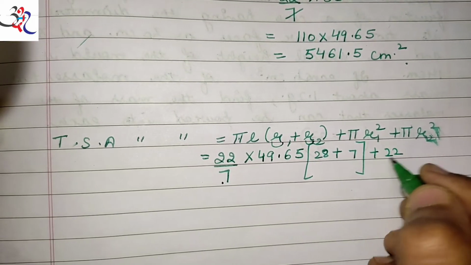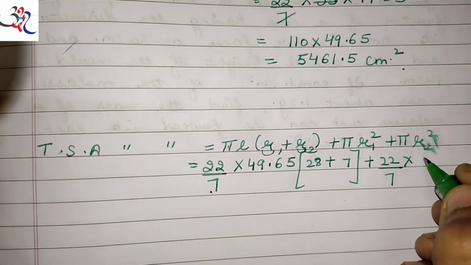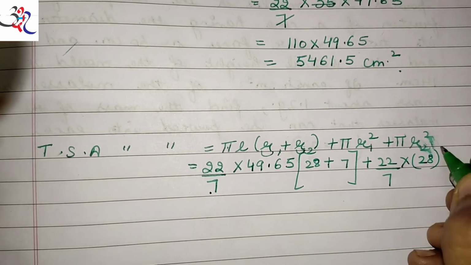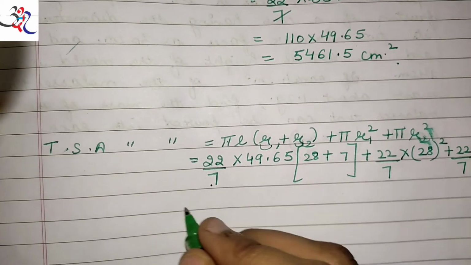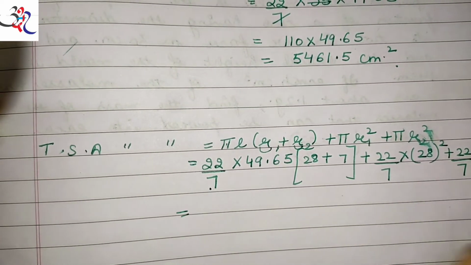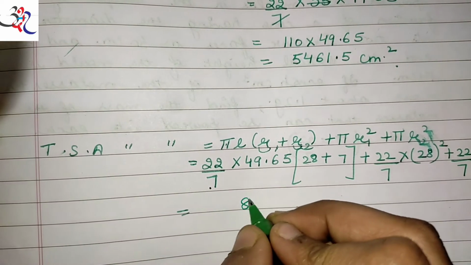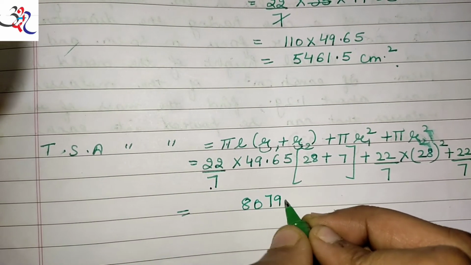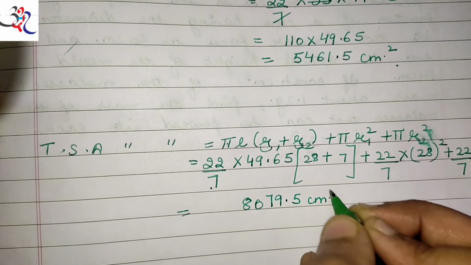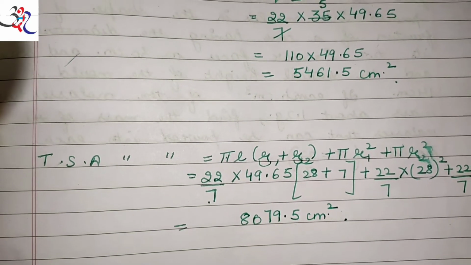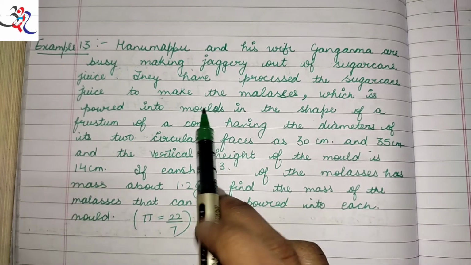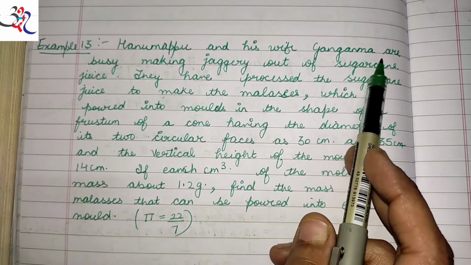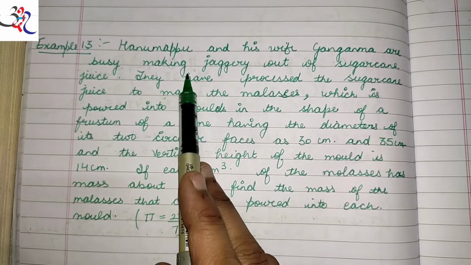So simply put all the values. Pi 22 by 7, r1 is 28 square plus again pi is 22 by 7 and r2 is 7 square. After solving all these calculations, you will get your final answer, 8079.5 centimeter square. So moving to example number 13, which says that Hanupama and his wife Ganga are busy making